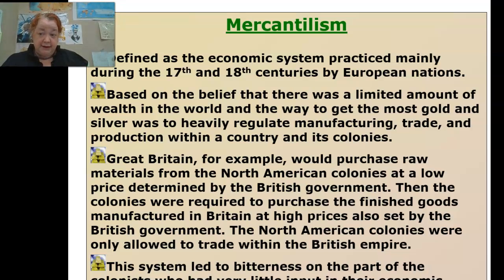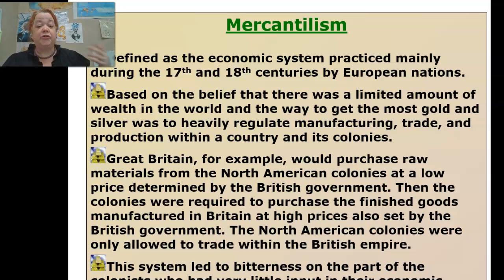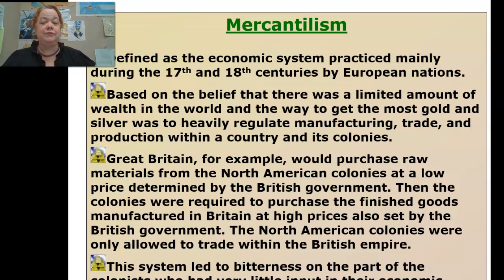So we are talking things like cotton, which is grown in the colonies. The cotton growers were forced to send the cotton to Britain, where they would then spin it and weave it into fabric and make clothing, and then send it back at a much higher price. Well, this is stuff we could all do in the Americas. There was no reason to send it to Britain, and the colonists realized that. They knew they had the skills. This also caused a lot of smuggling in back alleys, behind the curtains, in the back of the building.